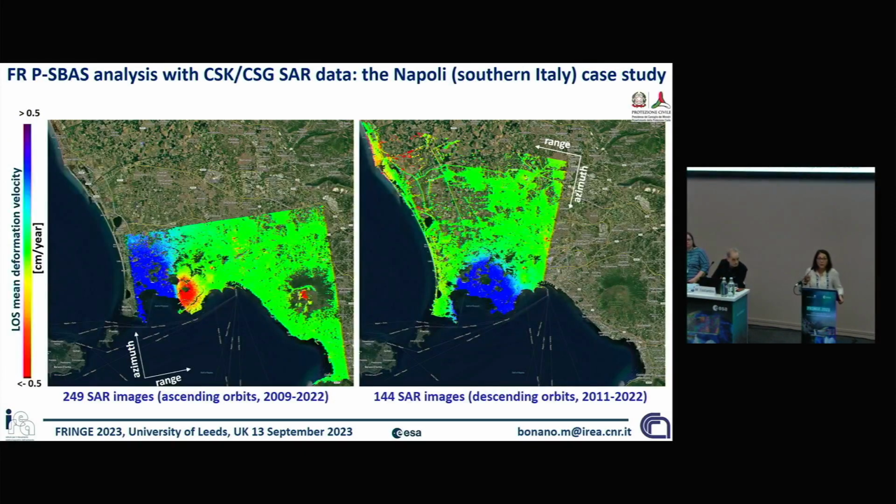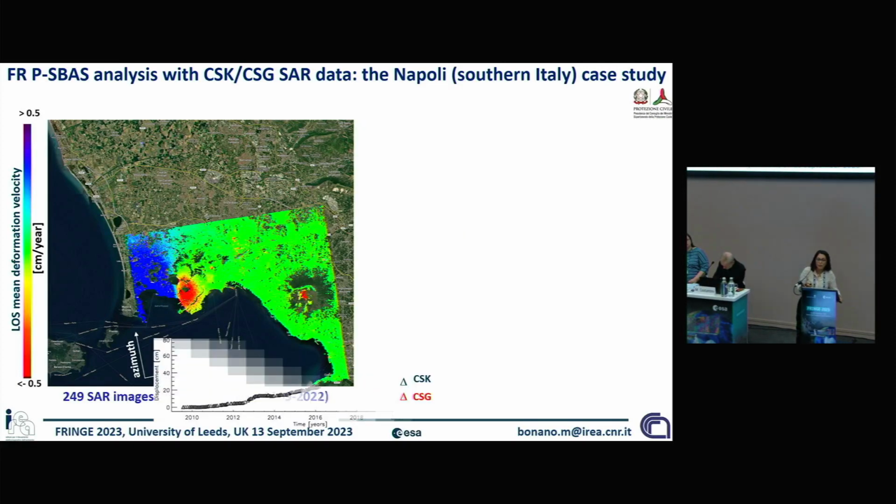So let's start with the first data set, which is our favorite one, the Napoli Bay Area, because we live and work there. So we are also a center of competence for the Italian Civil Protection Department, and in this case, we continuously monitor the Campi Flegrei caldera. We can see here the different behaviors seen from ascending and descending orbits because of the east-west deformation components of the caldera, but in this case, we are not interested.